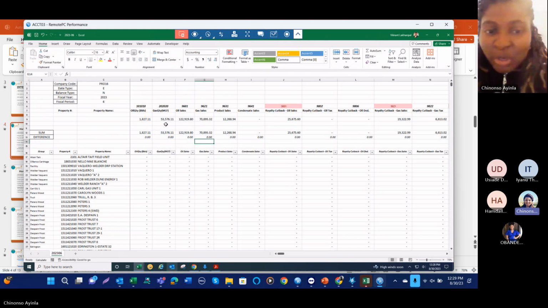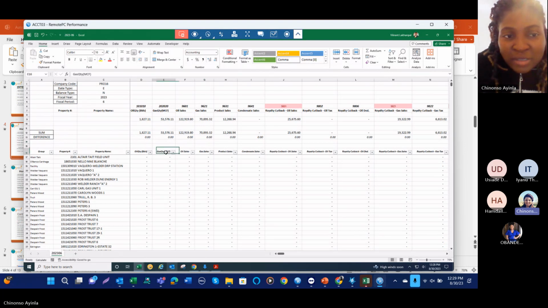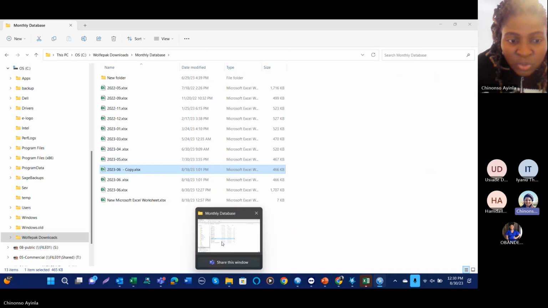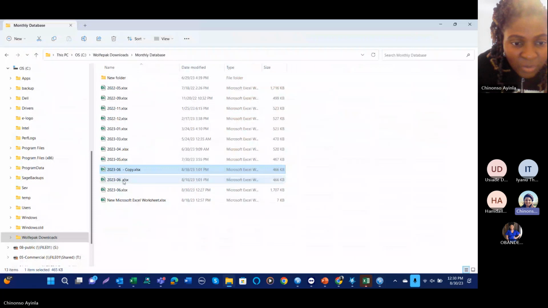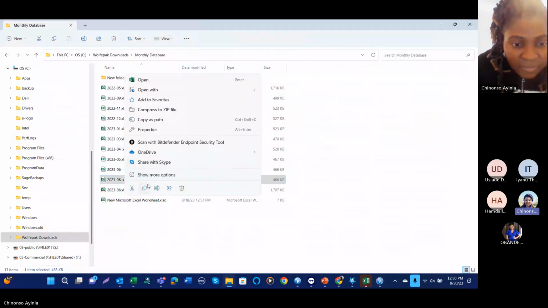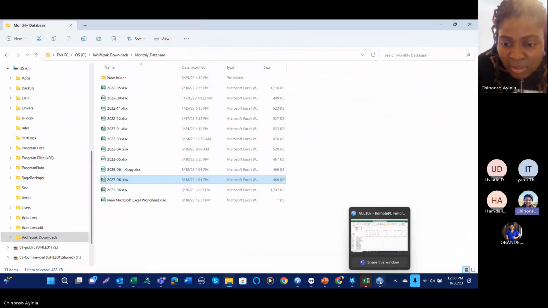If you don't change it, it might not be an issue, but by the time you take it to Quick LOS, it won't give you what you actually need. So by the time you save it on your desktop, you copy it. What I normally do is that I'll just come here, whatever month I'm working on, I'll copy it and then save it straight up into my